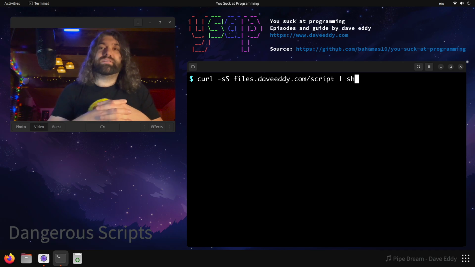But the idea here is that they have some sort of install script and you can grab it from their website and you can pipe it right into your shell. If you've ever done this before, you know that it's probably safe. You're getting it from their website. In fact, maybe the website's even over SSL, so you can at least verify that. Well, I have an example script here, and I'm going to show you some possible issues with it, all right?